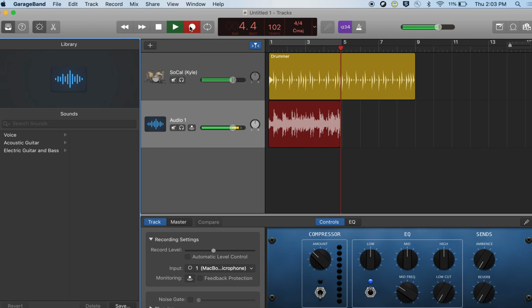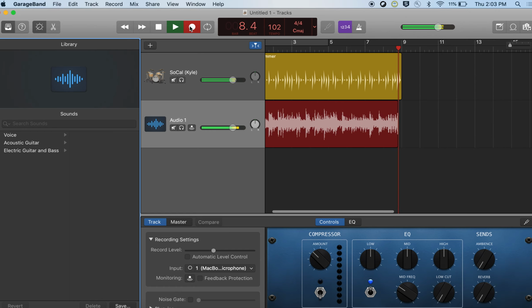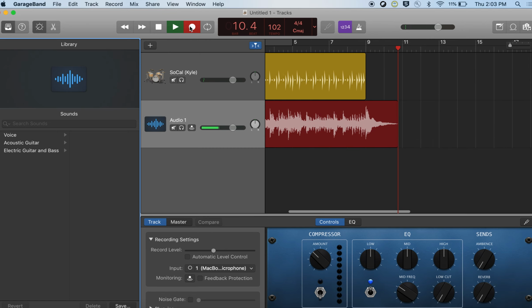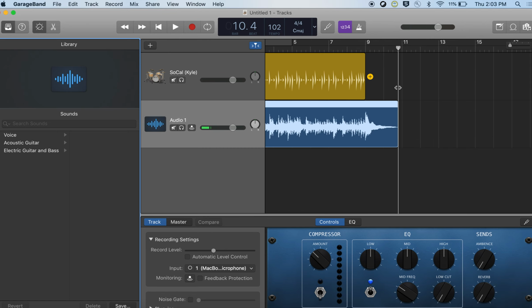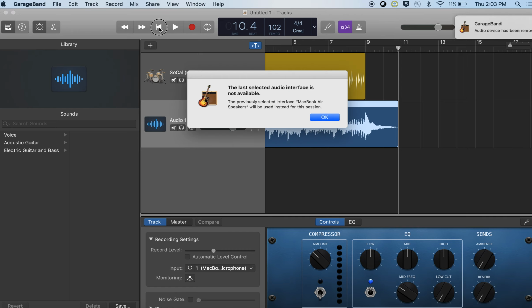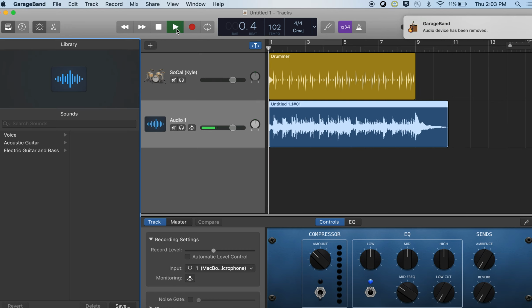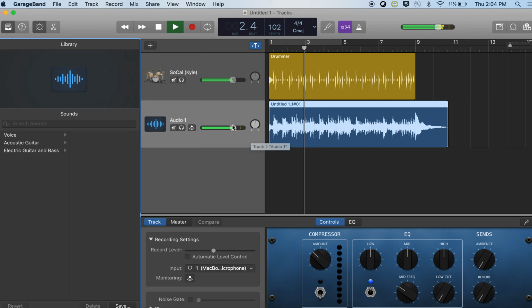Okay, so I'm gonna unplug my headphones, so now you can hear what I recorded. Okay. And I think my guitar is a little loud, so I'm gonna turn it down. Now the other thing is adjust your panning. All right. So that way you create a little bit more space on the track